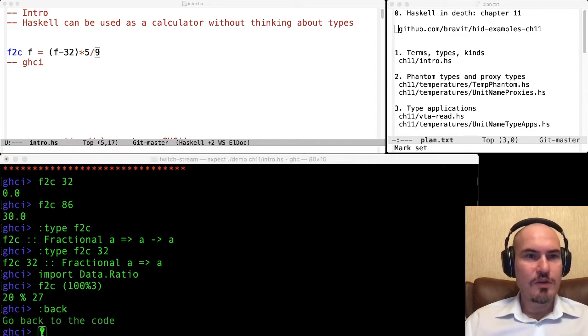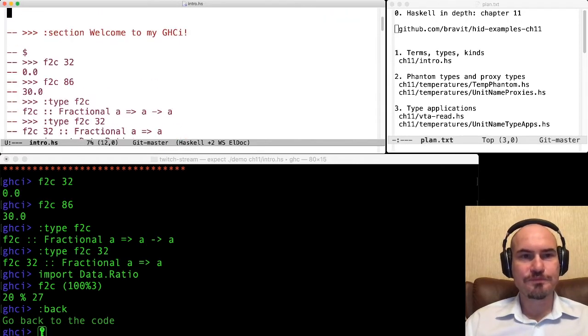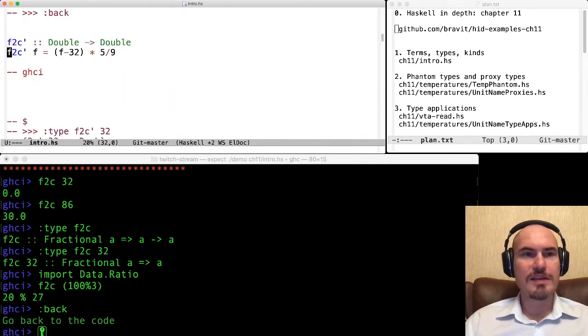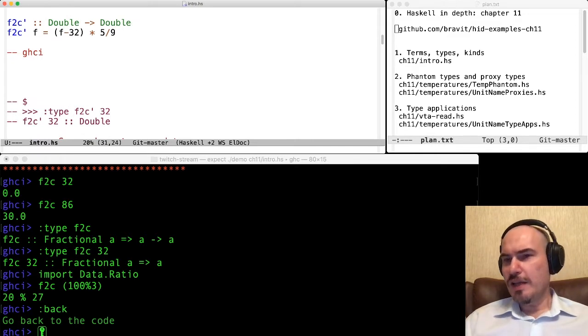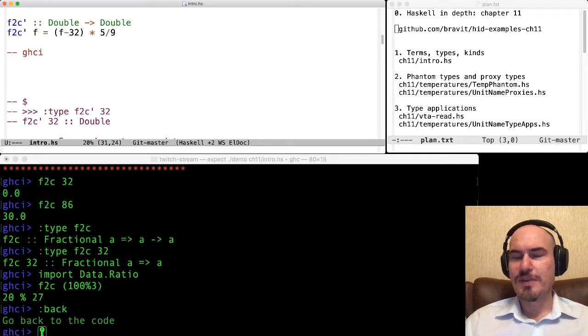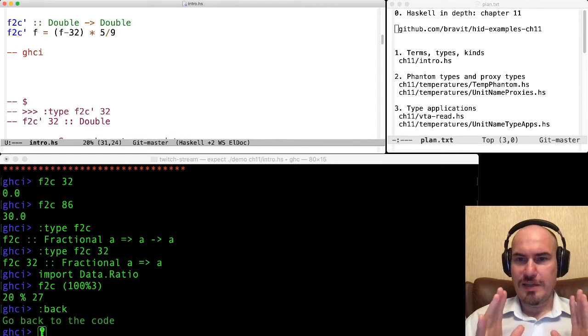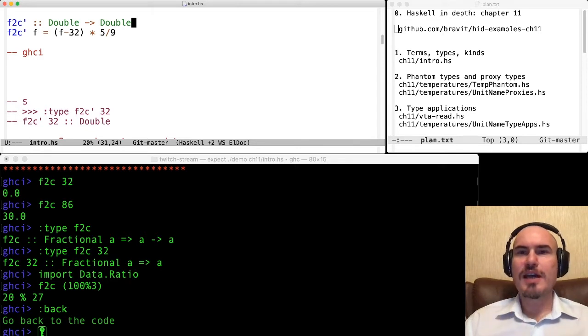Okay. Let's go back here to the code, and we can also fix particular types. Sometimes we do want to write polymorphic functions. Sometimes we don't. Sometimes we want to have concrete, specific types, and in that case we can write them right as a type annotation in our code, and we say, well, this function is a function from Double to Double.